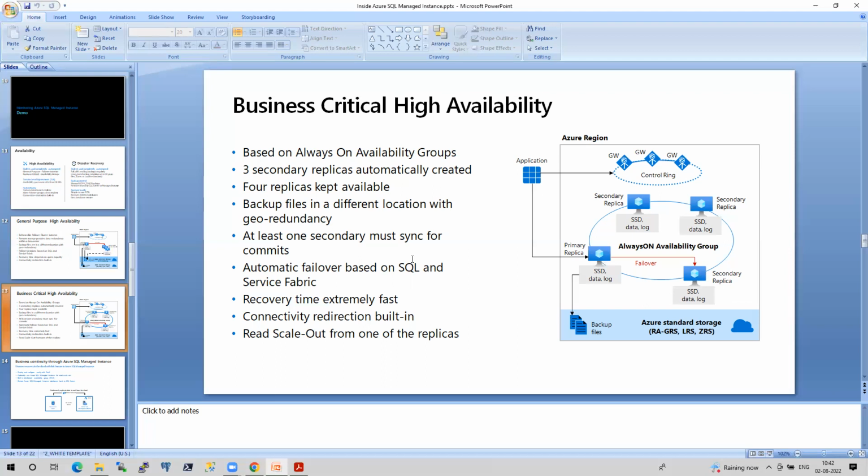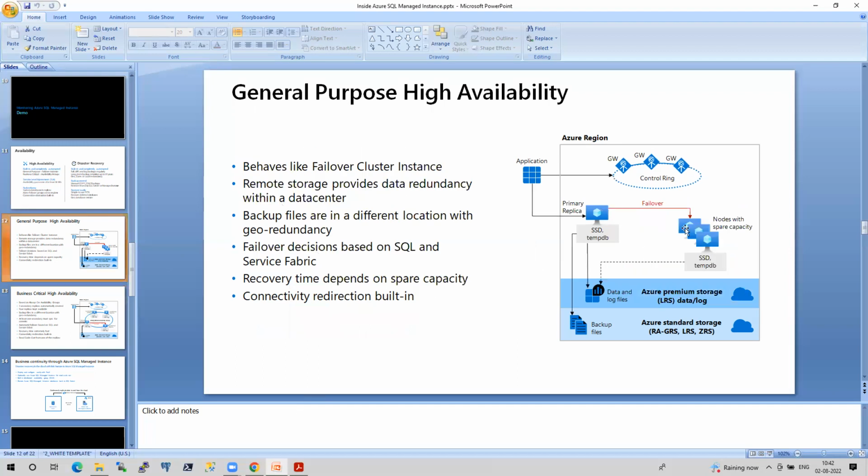In our classes, we'll see. Vamsi, in general purpose also we have replicas, correct? There are three, but it's not replicas, it's spare nodes. If you see here, nodes with spare capacity. These are not exactly replicas. They will take control of this storage if something goes wrong with the primary. Spare nodes, like spare parts, just like the extra tire in your car. We have extra nodes sitting and watching. If something goes wrong, whichever VM is free will take ownership and have control of this storage.